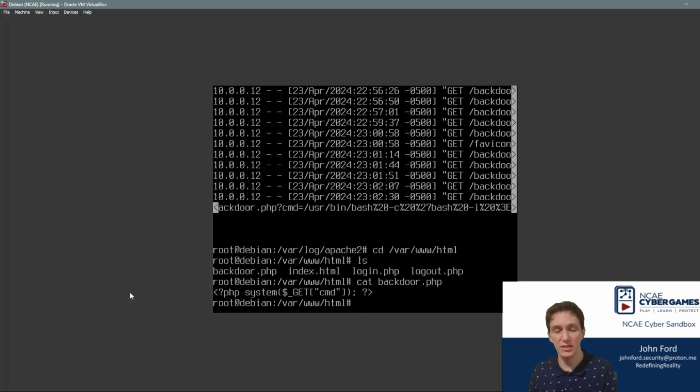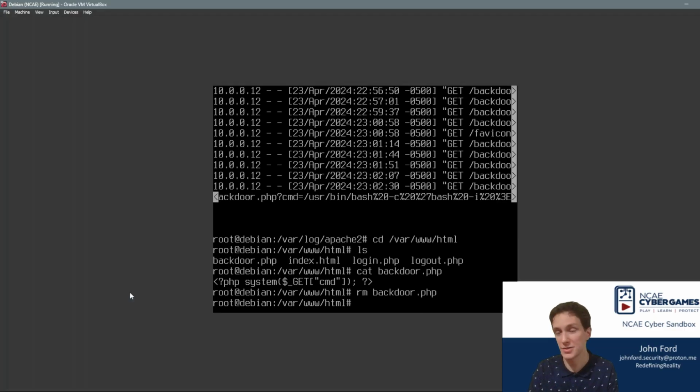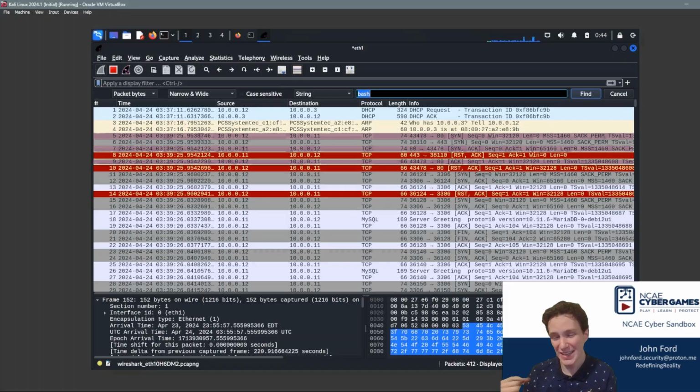Because let's say this is a legitimate file, attackers could also hide these backdoors in legitimate files, so we don't want to just go and remove it if we don't know entirely what it does. But looking at this file, we can kind of tell that this is nothing but a backdoor, so we can go ahead and remove it. If I say rm backdoor.php, it's gone. But just disabling that backdoor that we found or getting rid of it is not enough,